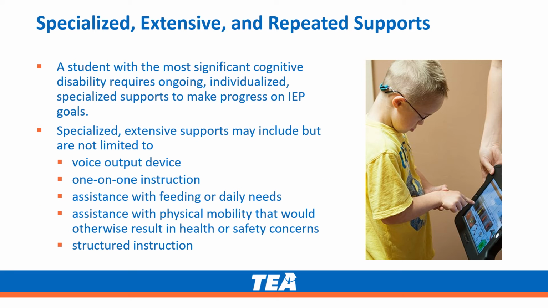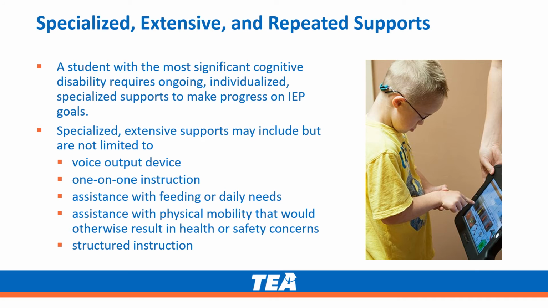A student with a significant cognitive disability requires specialized, extensive, and repeated supports in order to make progress on IEP goals. Without these supports, they are unlikely to make progress. Listed are examples of specialized, extensive supports one might see in a student's accommodations who are being assessed with STAAR Alternate 2. The student may require a high-tech voice output device or a low-tech communication system in order to respond